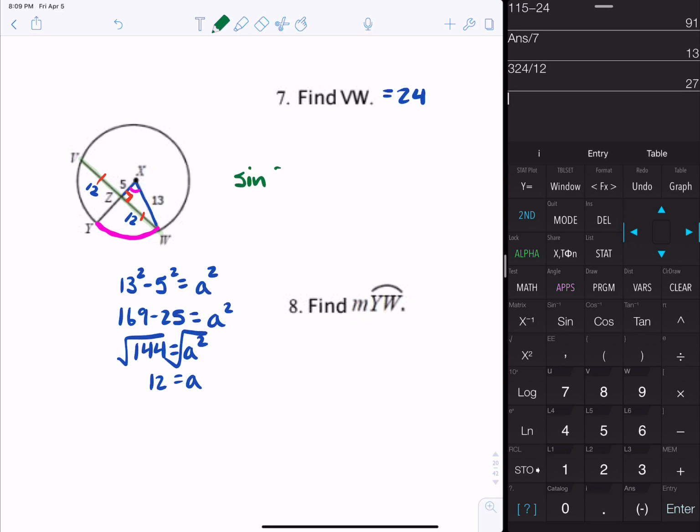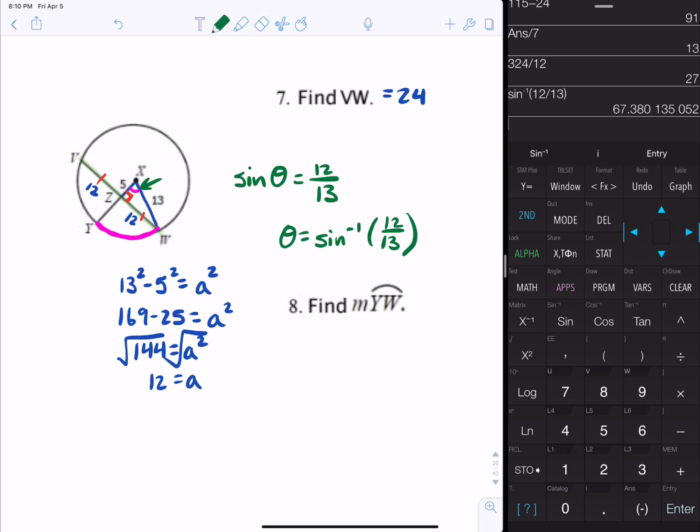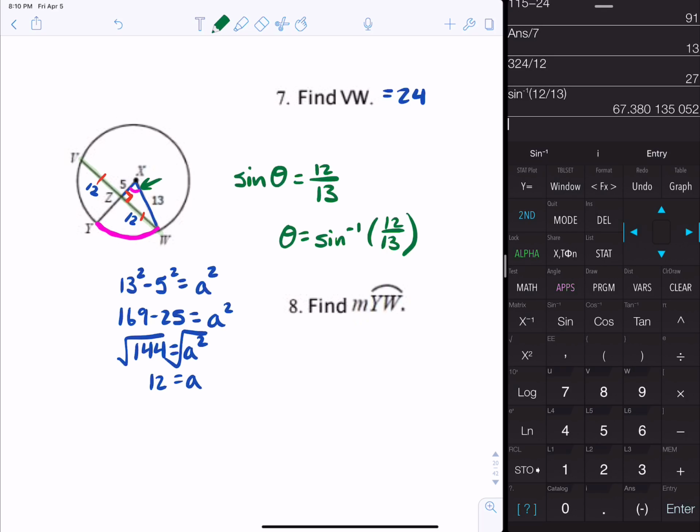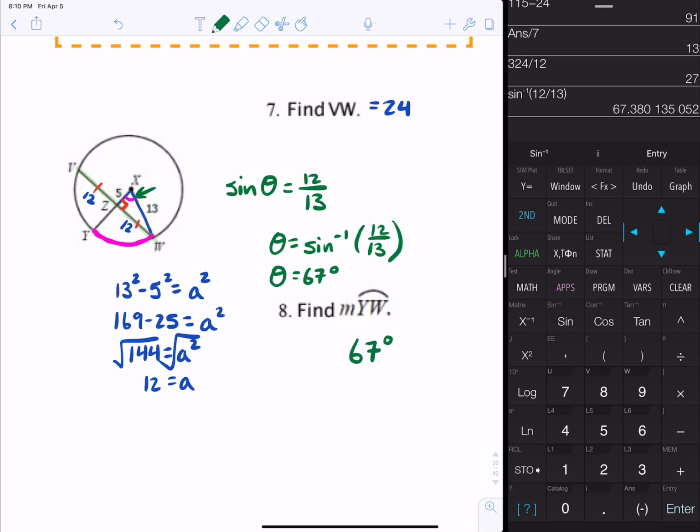So sine of that angle we're looking for, which is right there, is going to be opposite of it, which is 12 over the hypotenuse, which is 13. And then we just have to take the inverse sine to figure out the missing angle and type that in the calculator. So if I do second sine and then 12 divided by 13, I get about 67.4. Let me make sure I'm in degree mode. I am. So let's round to like 67, the nearest degree. And that would equal the arc YW because the central angle equals the intercepted arc. And I believe that